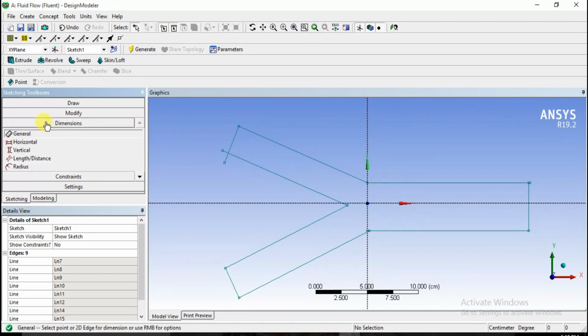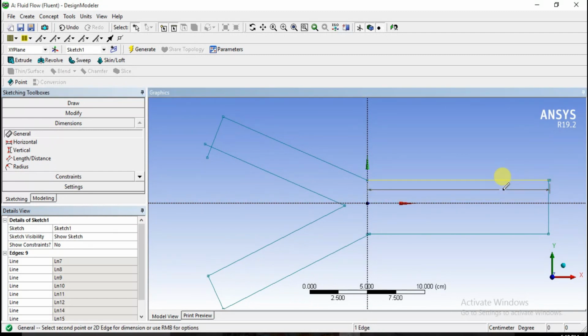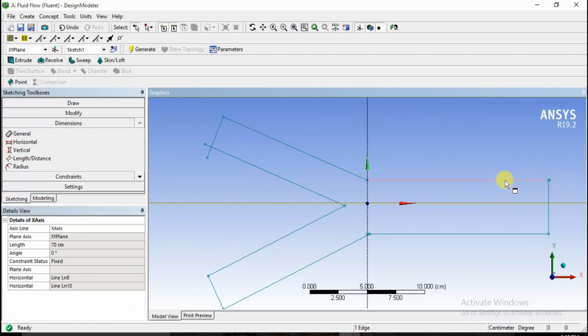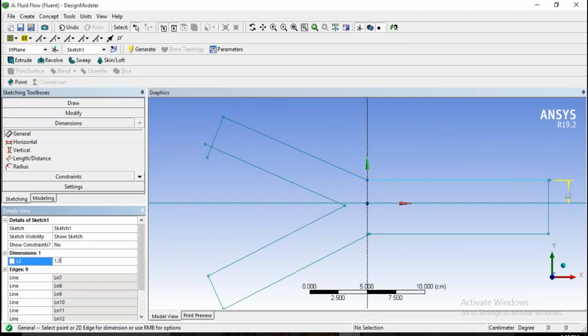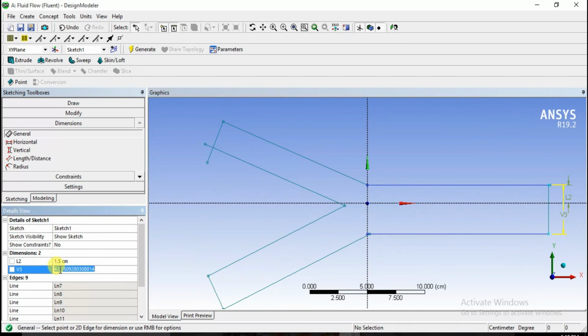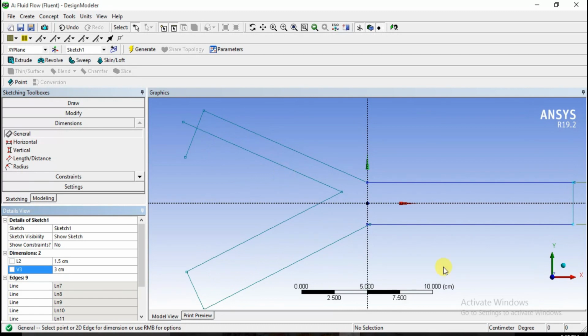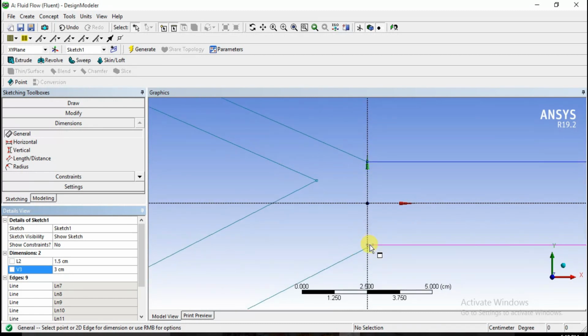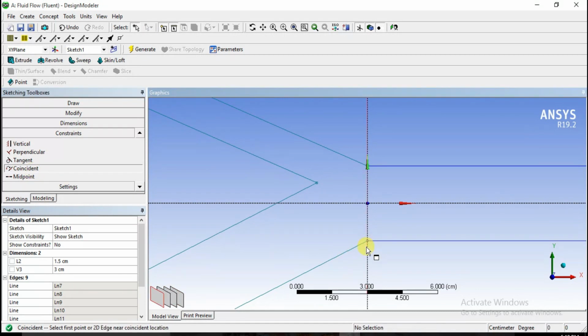Okay, first of all we'll go to dimension. We'll specify this dimension. So let this a distance from the center of this line. Okay, general distance of this line from center, it be 1.5. Okay, and this total length, let it will be 3 centimeter. Here they are not coinciding. Okay, then we will go to constraint, coincide this point and this point. Okay,